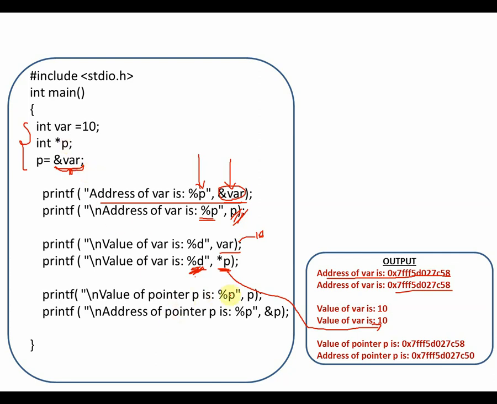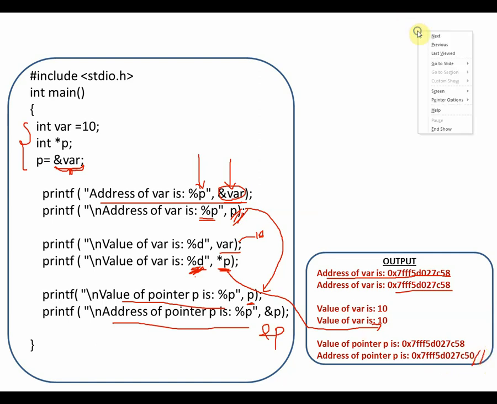Next thing is, if I print p again like this, which is the same line as this one, the value of the pointer will get printed. So whatever is in p will get printed. This line is just a repetition. And last, suppose we want to print the address of the pointer, then we would have to put ampersand and the letter p as in the pointer variable. That's how we would be able to print the address of the pointer. So now you see, this is the address of the pointer. The address of the pointer is very much different from the address of the variable. They are not the same thing.